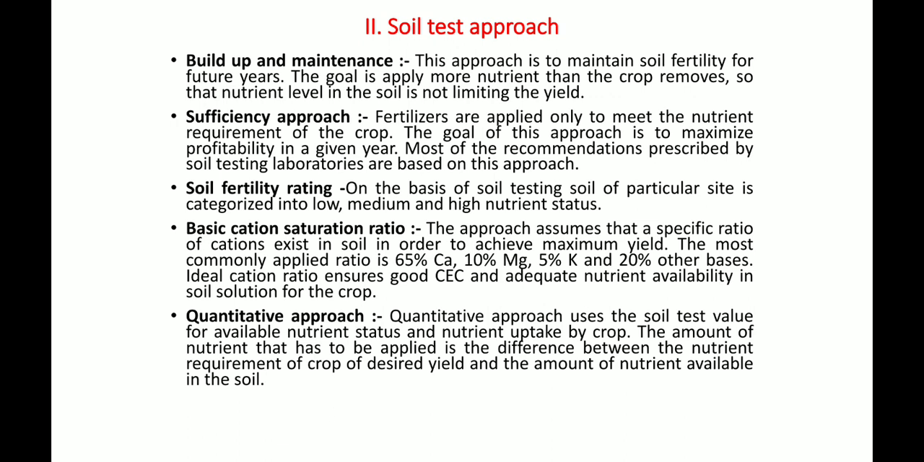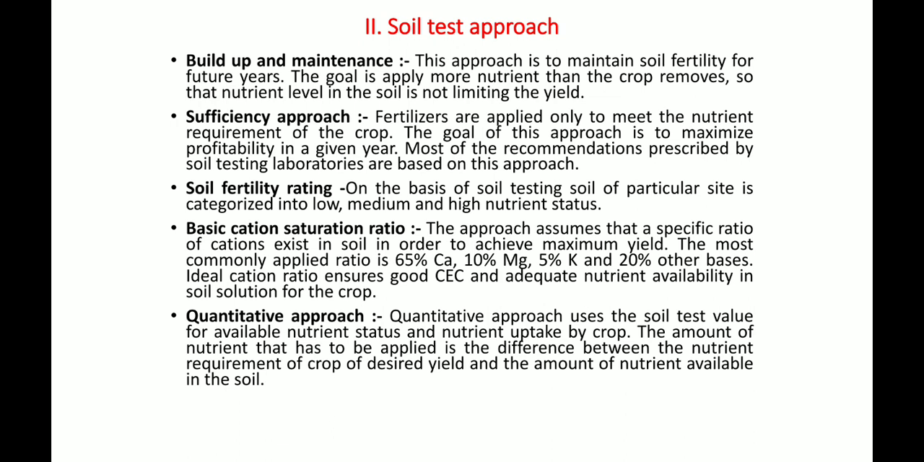of the crop. As this basic cation ratio maintains good CEC and adequate nutrient supply with the help of these applied ratios, that is calcium 65%, magnesium 10%, potassium 5%, and other bases, that is 20%. Accordingly, these applied ratios help to maintain good cation exchange capacity and also the availability of